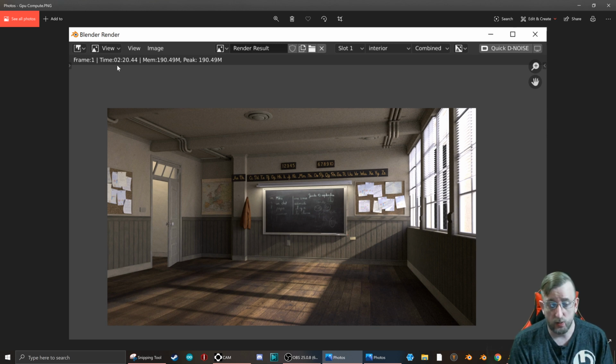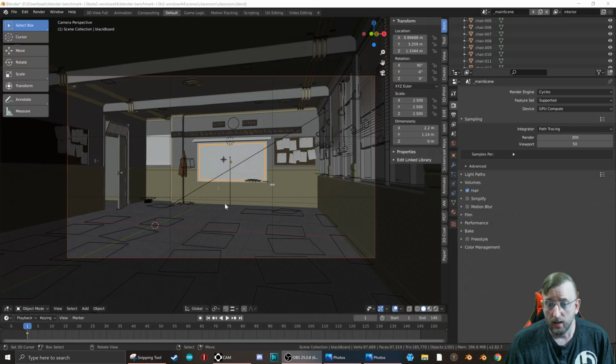So I'm going to show you how to switch over from your CPU to your GPU render real quick, just so that you have an idea of how to do it yourself. Okay. And this is based off of if you have an okay or a decent graphics card. Sometimes CPU is faster if you don't have a really good graphics card, if you have a really old one. But generally, for the most part, especially nowadays with current graphics cards, they will compute faster